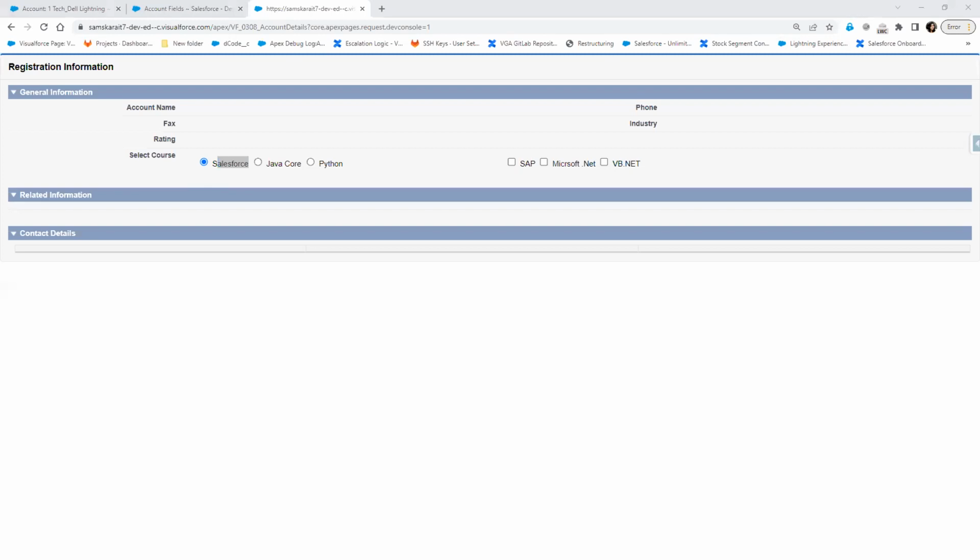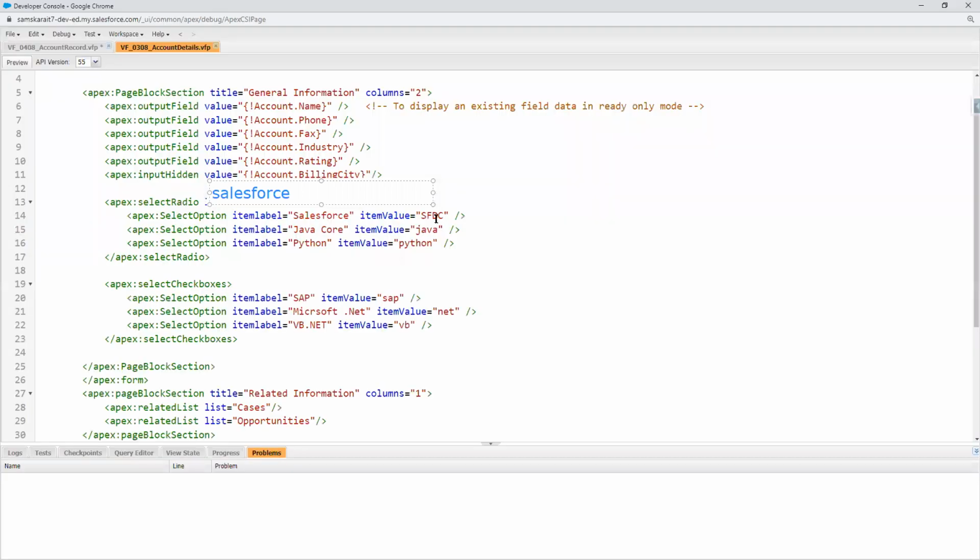How will we save this in the backend? That's what I'm going to do. So the value that I'm going to get is here. It will be Salesforce. My value is Salesforce. So in the backend, it will be stored as Salesforce. What is the value that I have given here? The value that I have given is SFTC. That means it is going to